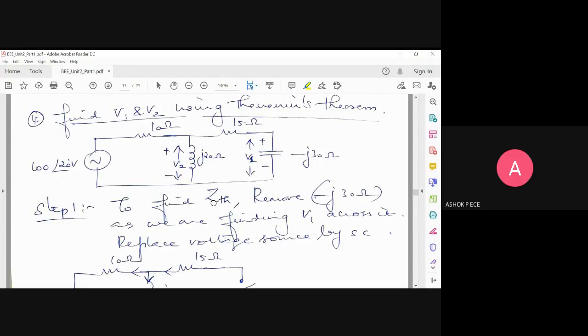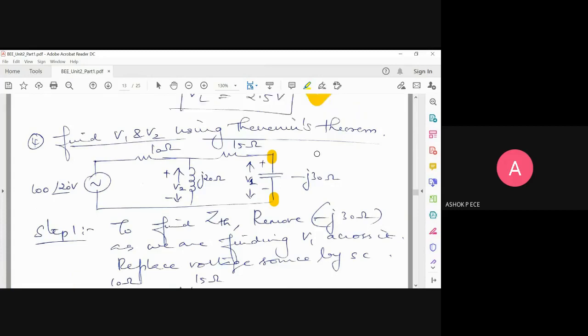So first we will be doing the problem to find V1. Then once we complete that, we'll do the problem to find V2. Okay, this problem has two subdivisions. So first subdivision, I'm going to find V1, and V1 is the voltage across this capacitor. I told you in AC circuits, whenever you get a minus J sign, it is going to be a capacitor. Whenever you get a plus J sign, it is going to be an inductor. So you have to be very clear on that first.